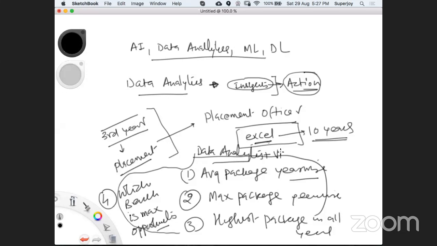And also there is a concept called visualization. What do you mean by visualization, guys? Showing your data in a graphical format is known as visualization, a very important part of the data analytics activity. And for that, guys, in the industry, people are using Pandas, right, a library. Pandas, NumPy are libraries. Obviously, you need to know Python, then only you can use Pandas, then only you can use NumPy, right?